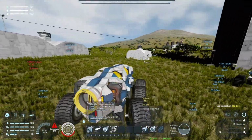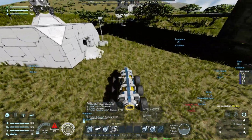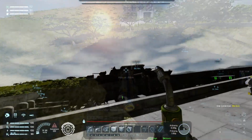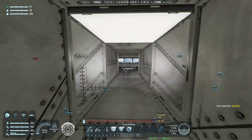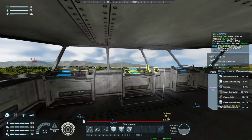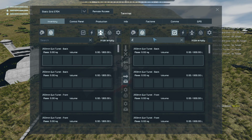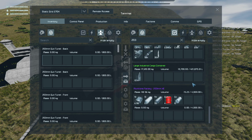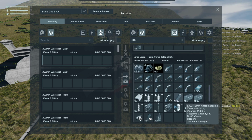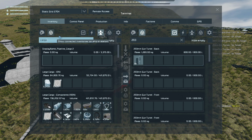This, we'll just head back and park it up over at the gasoline refinery. That is connected. Now ammo should be flowing into these 203s. And if I take a look at them, are you not? You have some ammunition here. They can go into your guns. Okay, so we just have to get